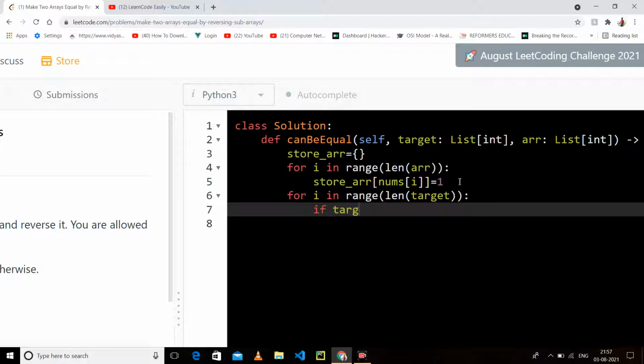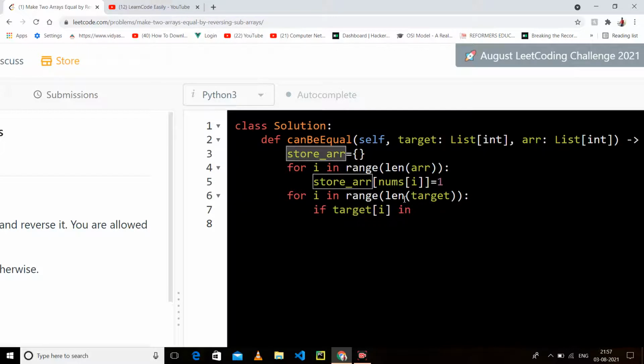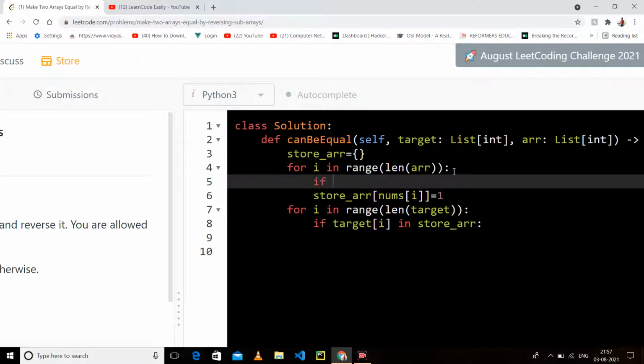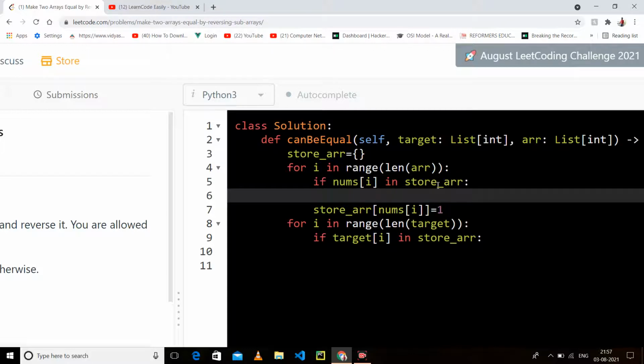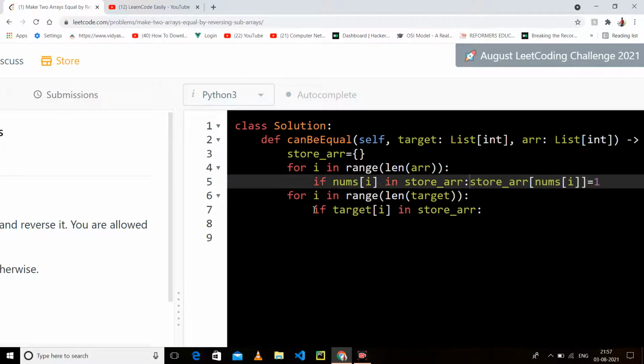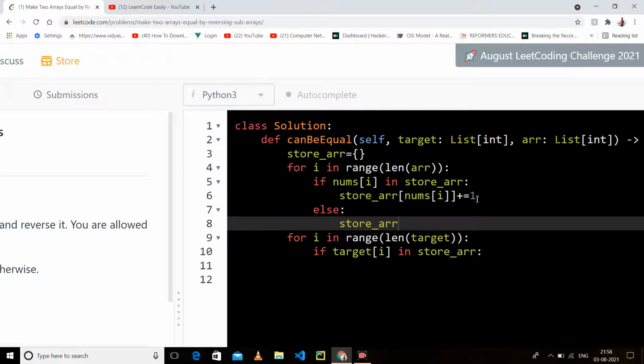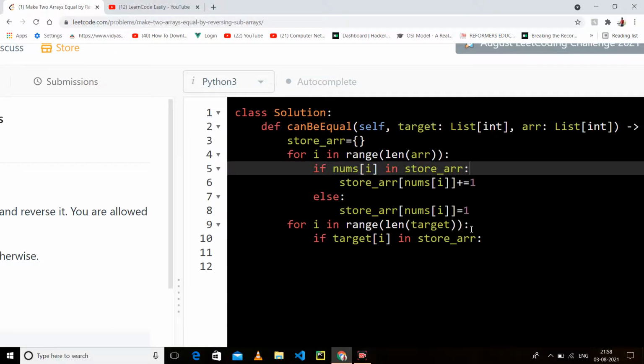If target of i is in store, if it is present, then what we have to do, if it is present, increment its frequency by 1, otherwise store this.